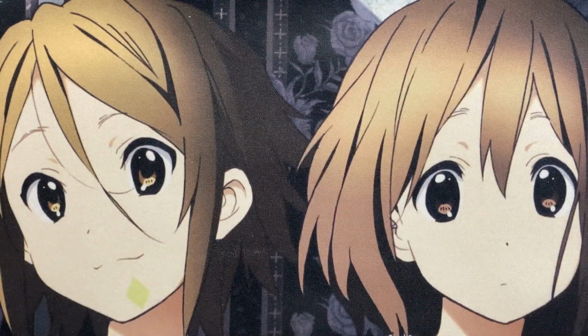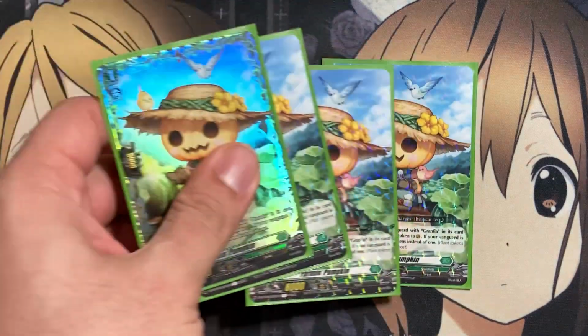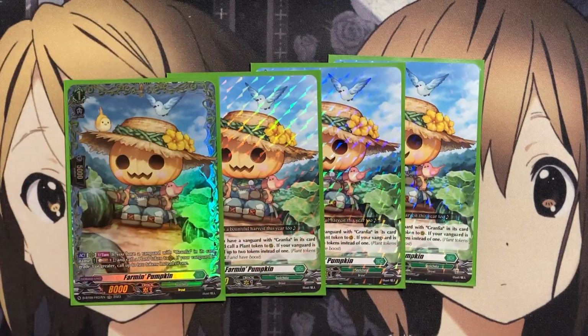Moving on now to the grade 1s. I run 4 copies of Farm and Pumpkin. On rearguard once per turn, if you have a Vanguard with Granfia on its card name, Soul Blast 1 and call a plant token to rear. If your Vanguard's a grade 3 or greater, call it to 2 instead. So this is just a Soul Blast once per turn for 2 plant tokens on the field,